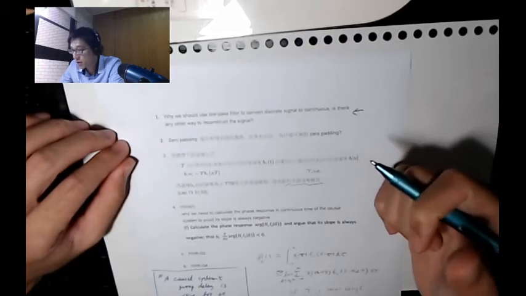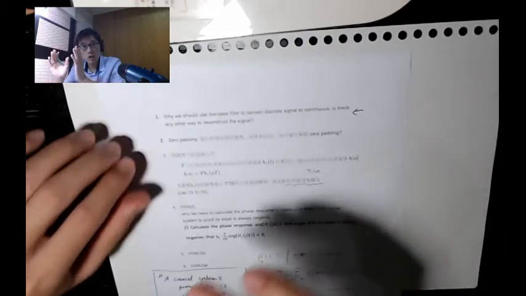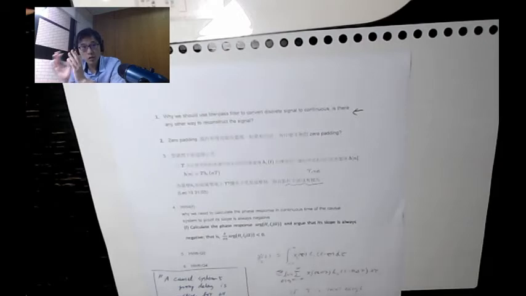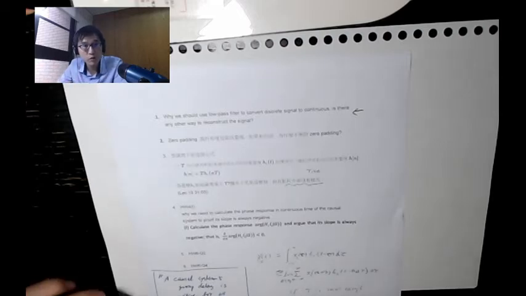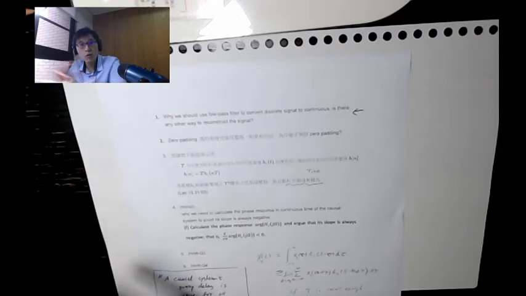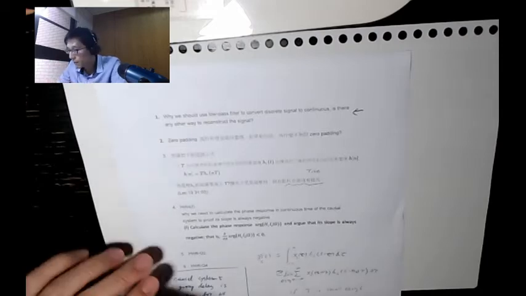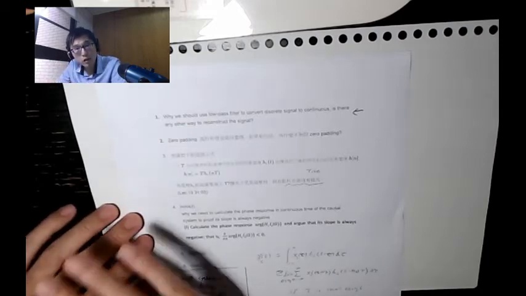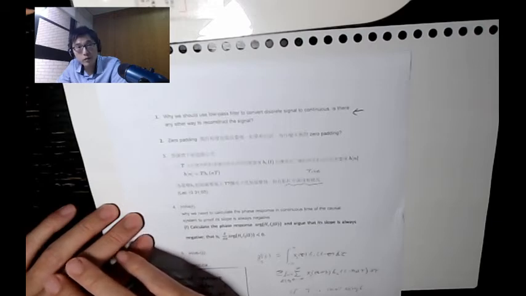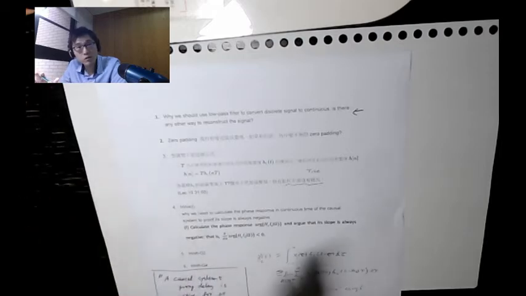But my short answer, zero padding means that you have a block of signal which has a shorter length, and in order to calculate the Fourier transform we add zeros, and that absolutely does not increase information. The most common reason you do that is because you want to perform filtering in the frequency domain, in order to avoid what is called cyclic aliasing. So please type in, if you are online, please share with the rest of us why you have this question in mind. And my short answer is zero padding does not increase information.